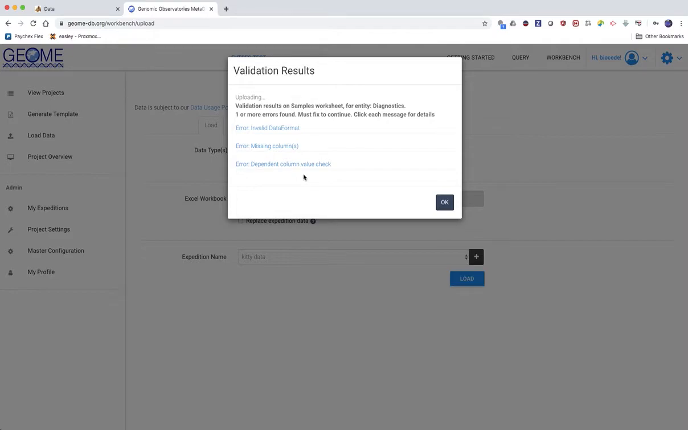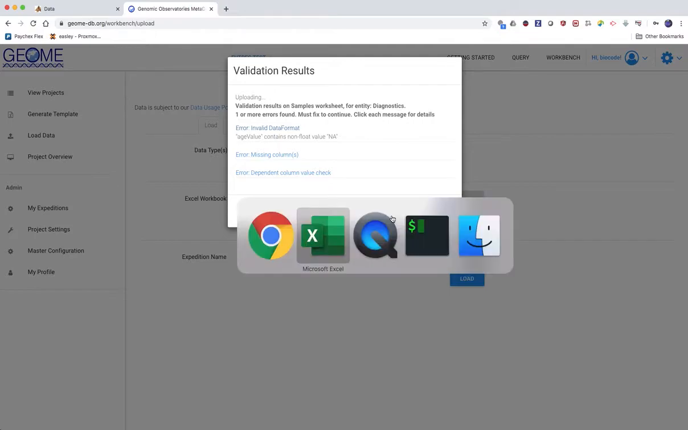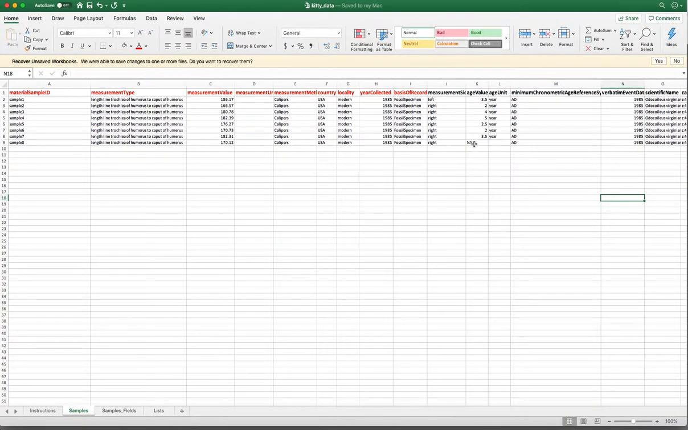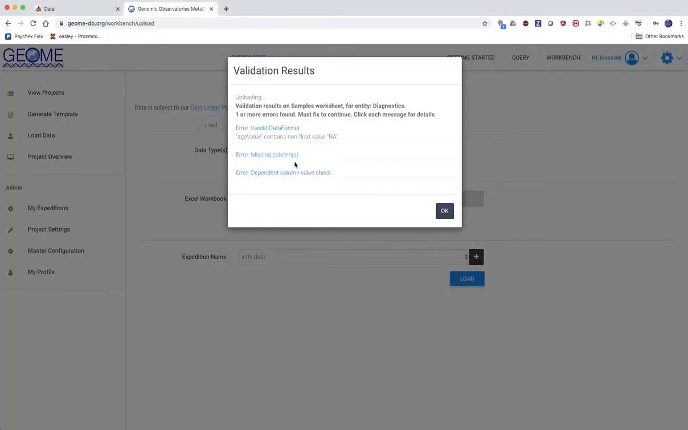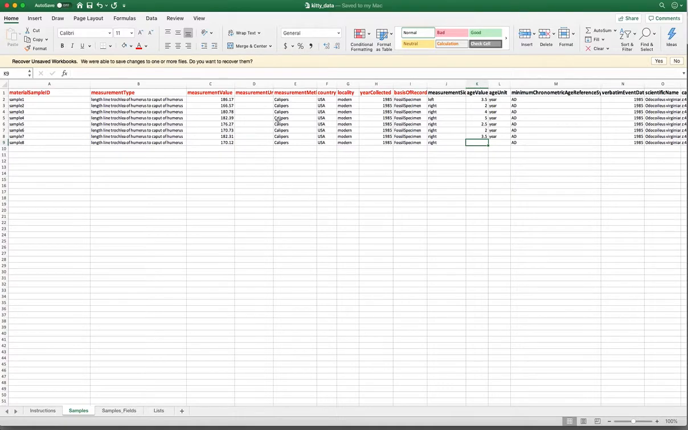Now it gives me some validation results, and there's some information here that's telling us error, invalid data format. Age value contains non-float value NA. Okay, so the NA was put as an age value. It's better to just leave that blank. That's what it's telling us there. Missing column, measurement unit has a missing cell value. So we provided a measurement value, but no units. So units are important. I'm going to say millimeters here